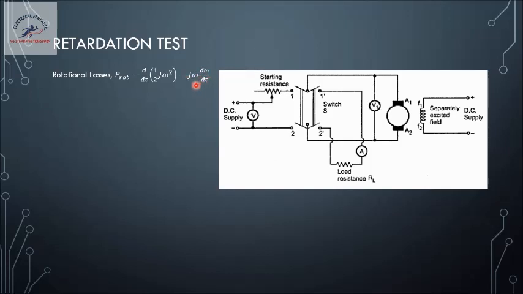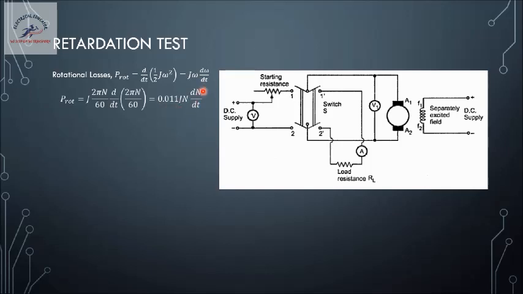The intention of the retardation test is to find out the rotational loss. The moment of inertia will be given by the manufacturer. The speed at which we want the rotational loss, we can substitute here and calculate. Now, what is this d omega m by dt? How to determine this term? Omega can be written as 2 pi N by 60. Substituting those terms, we can approximate the value of P rot to 0.11 J N dN by dt, when speed is given in rpm.